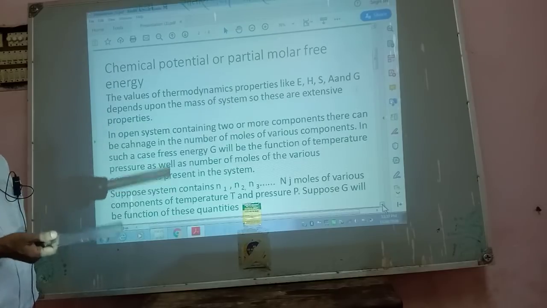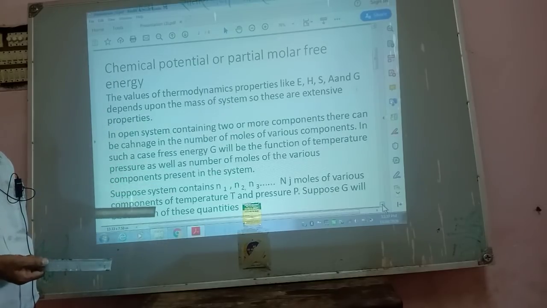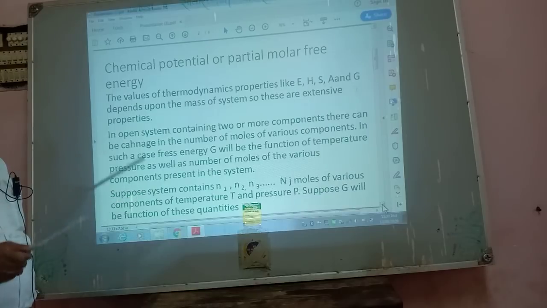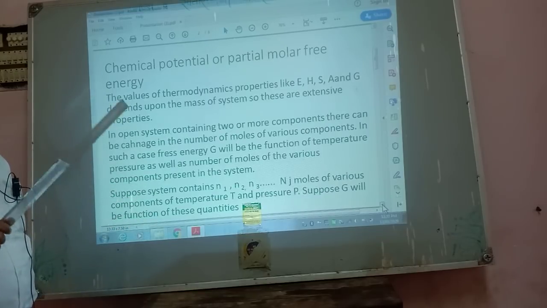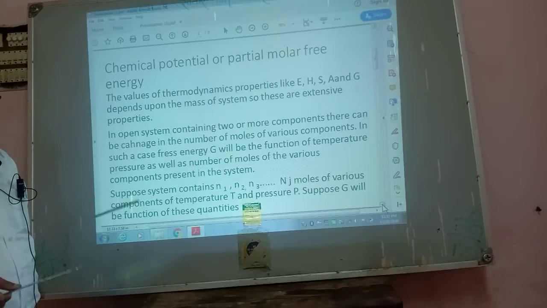Similarly, we can also define an intensive property. What is meant by an intensive property? Those properties which are independent of the number of moles, we call intensive properties. For example,